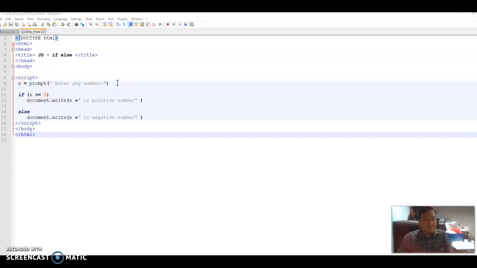Basically, if we enter a positive number, automatically we apply this if statement. But if we enter a negative number less than 0, that means automatically we will display this statement: X is a negative number. If you notice here,